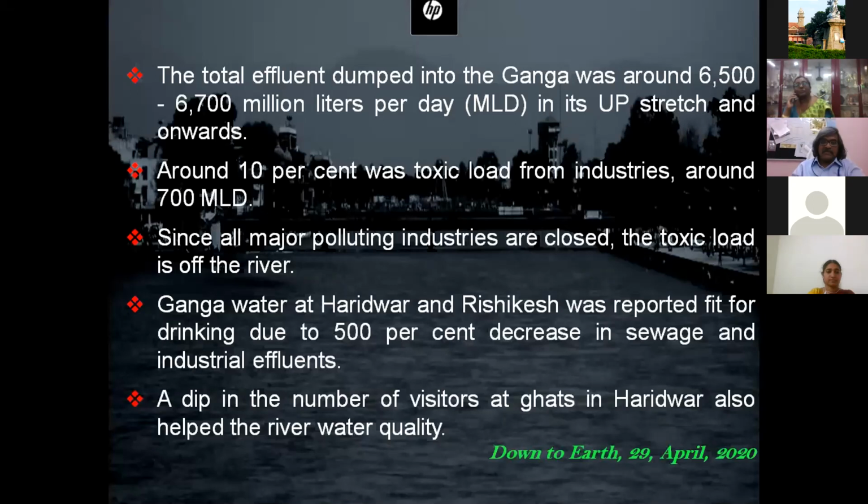This is the background of the Ganges River. I think this is the data. It shows it releases around 6,700 million liters per day. The point I want to show is that the Ganga water at Haridwar and Rishikesh